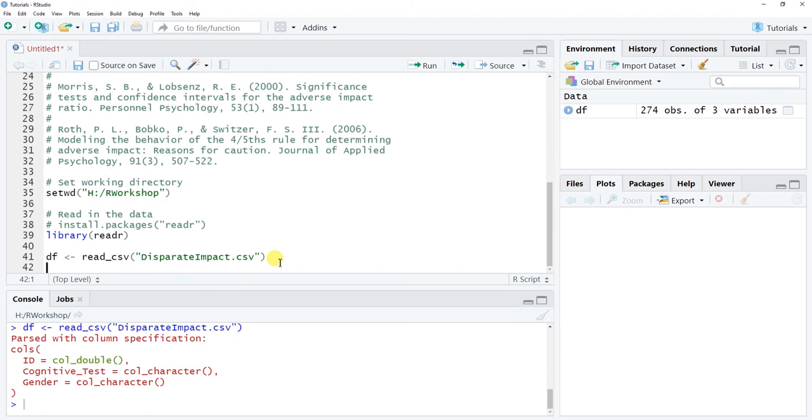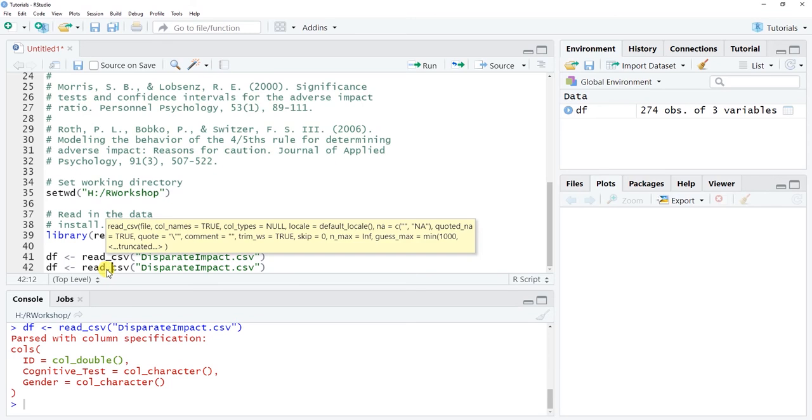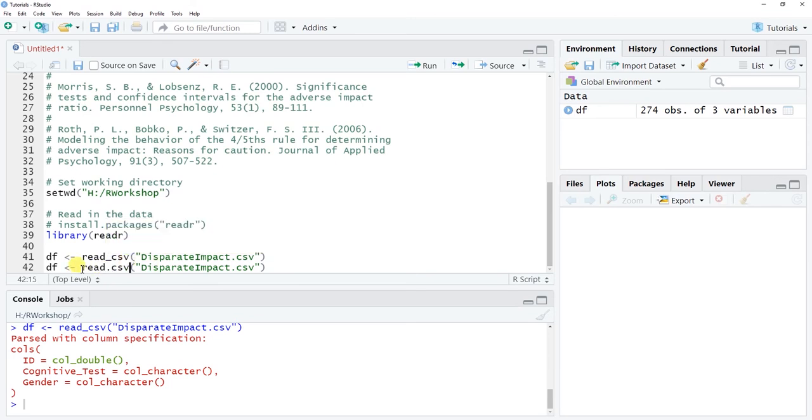Now, you don't need to use this particular function from this package to read in the data. You could just as easily have done this: copy that line and paste it here. And you could change that underscore to a period or a full stop, and you'd have read.csv. Now we're talking about a function that comes from base R, which means you don't need a specific package. So this would work just as well too. If you don't want to install the readr package, you could just run this line right here. Okay, all right, I'm going to annotate this out though, because I've already run this line of script here to